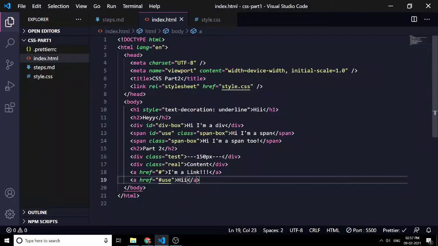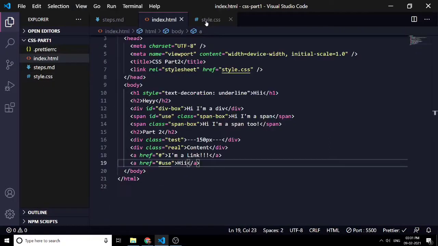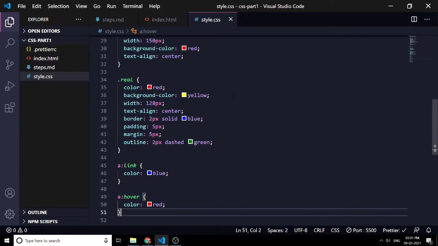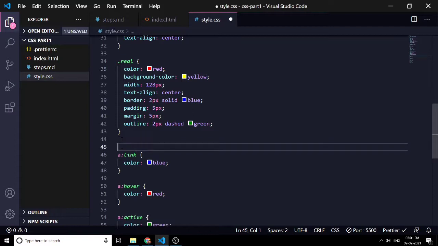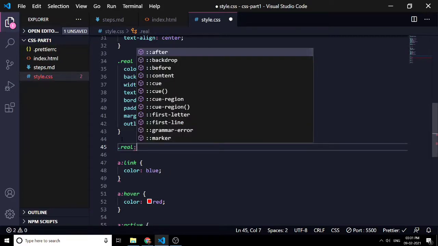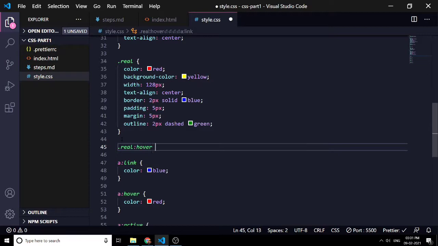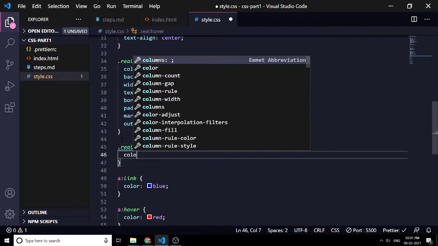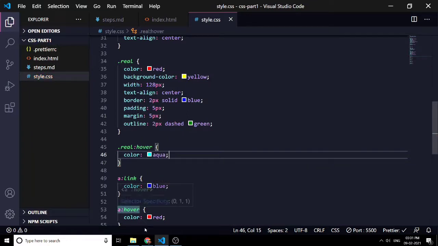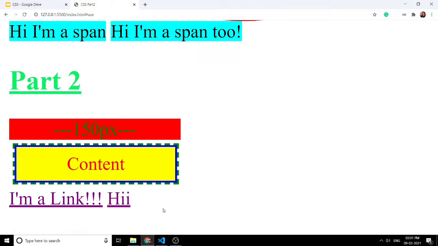So these are the four types of link properties. One thing that I wanted to say is that this hover property can also be used with other elements. For example, let's use it with the real one. What we have to do is select that, and after that give it a colon and just write hover, and after that whatever styles you want to apply, and when we hover over that, the styles will be applied.